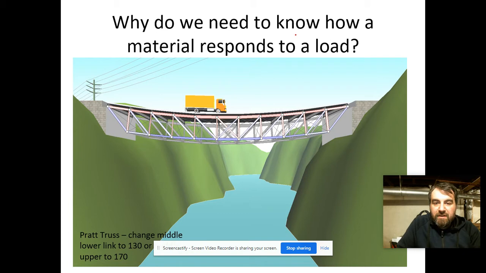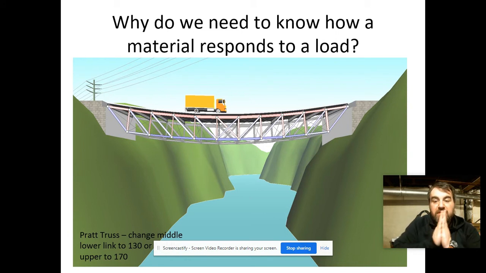It says, why do we need to know how a material responds to a load? Well, let's say you're making a bridge, and you watch that video on the second Penang bridge. When you build a bridge, you have to be aware of how the structure will move based on the forces that are applied. So when this truck goes across the bridge, some of it is going to be under what's called